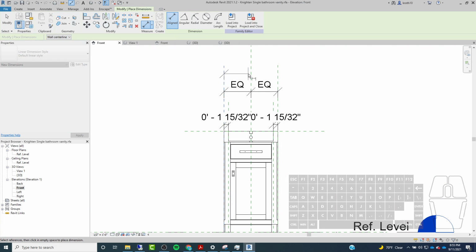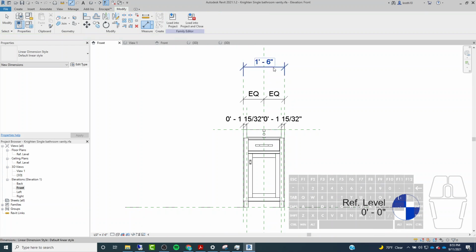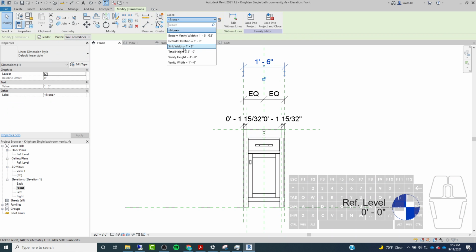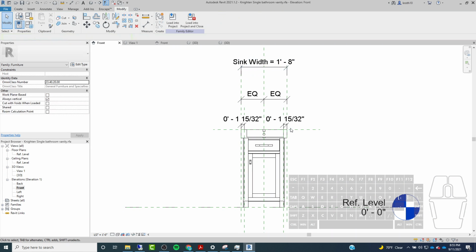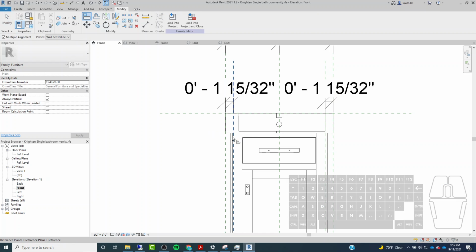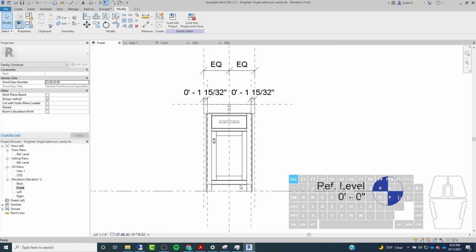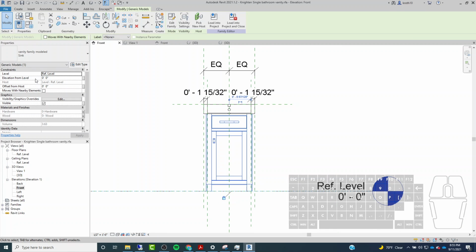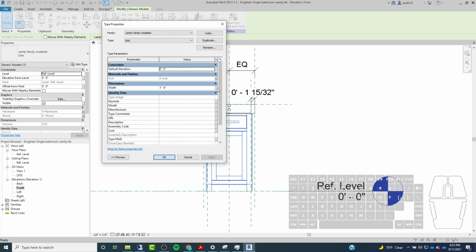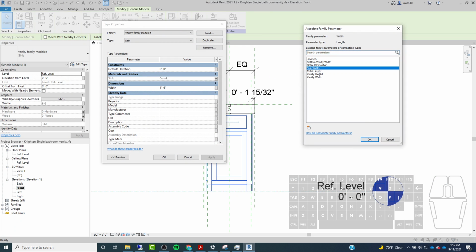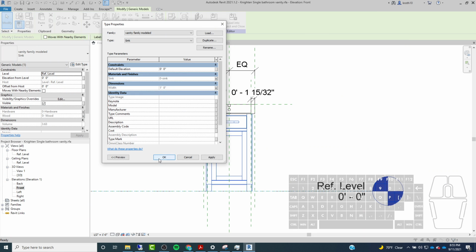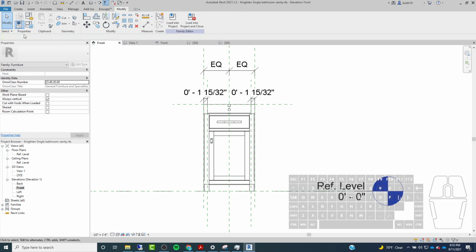Okay, and then a dimension from there to there. And then this will be the sink width. And then I have to relock this there, it looks like. There we go. And then what I can do is click on my sink vanity and then go to edit type and then go to my width equals sink width. And the two of these will be locked together. So now when I flex it,